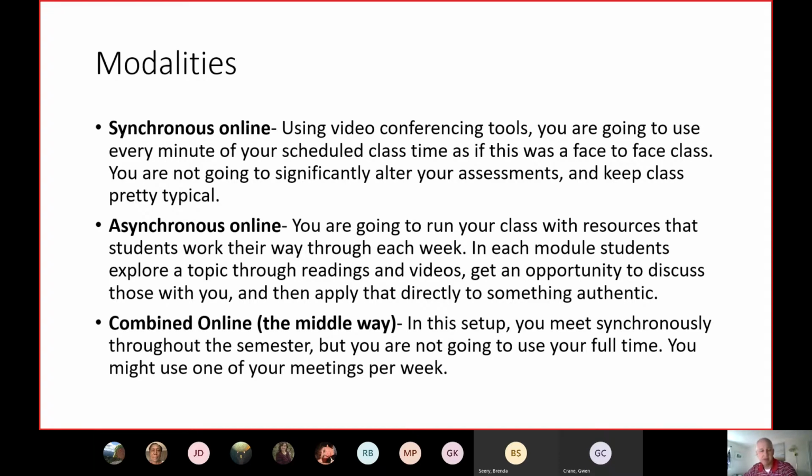What we have heard a lot is that there's been some confusion over when we say synchronous, that means you have to meet synchronously all the time. Or if you're asynchronous, you have to be asynchronous all the time. And so we are saying this third way, which is combined online, where you are sometimes synchronous and you are